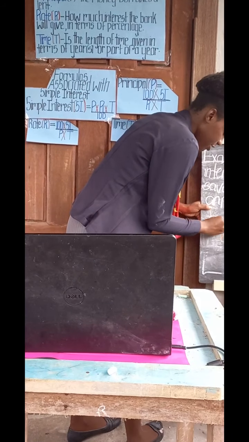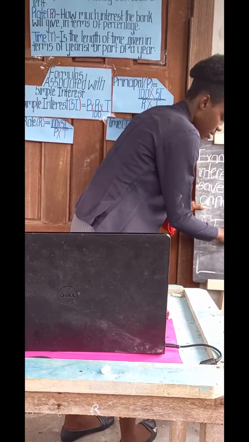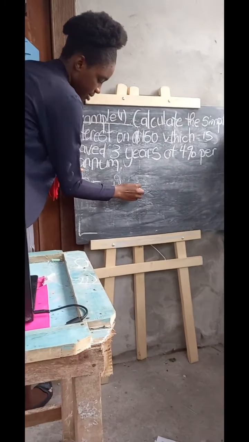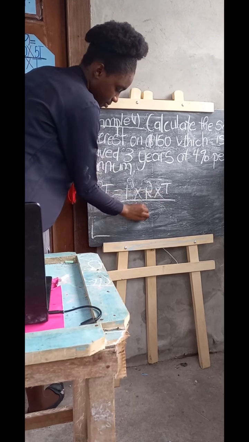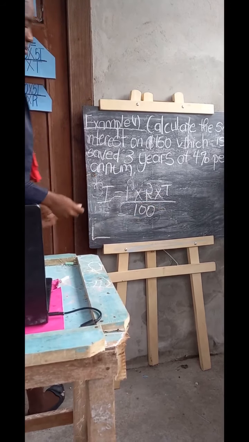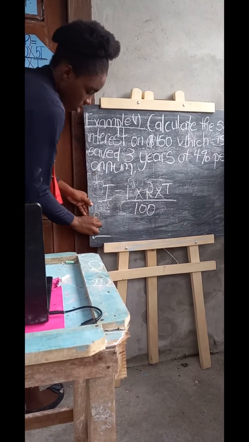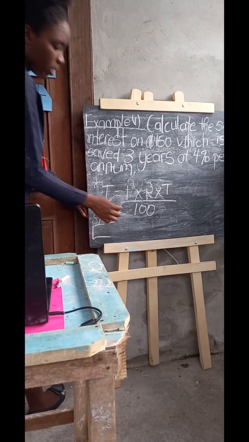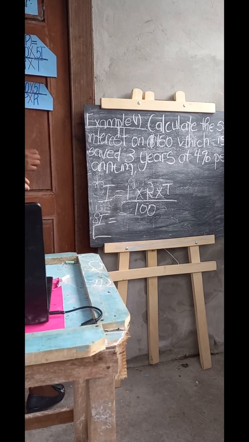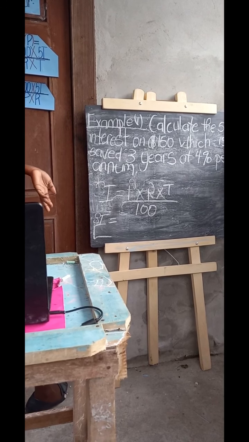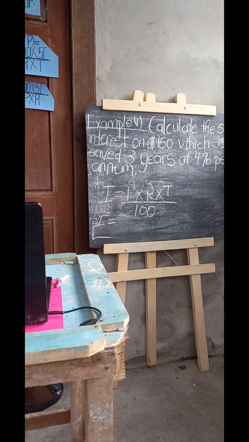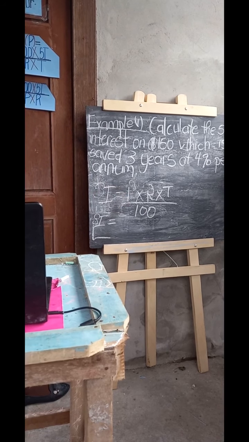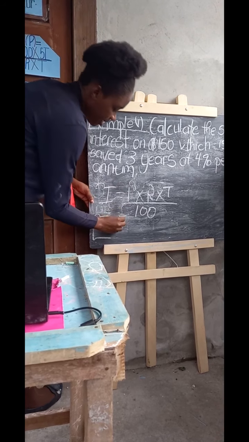So simple interest. What is the principal? It's the money borrowed or lent, right? So in this case, what are we going to put in the case of P? Yes, Tim, 150